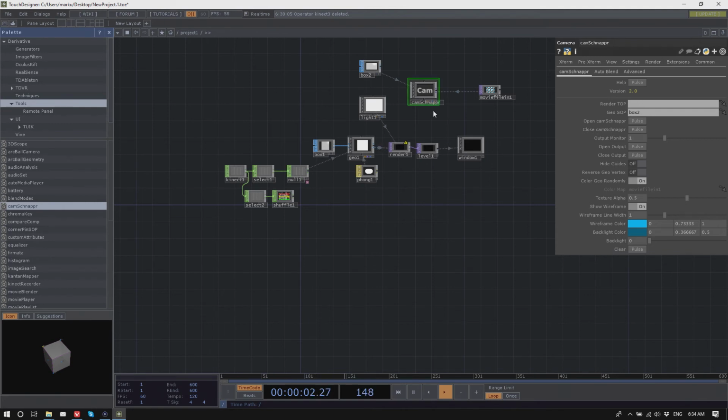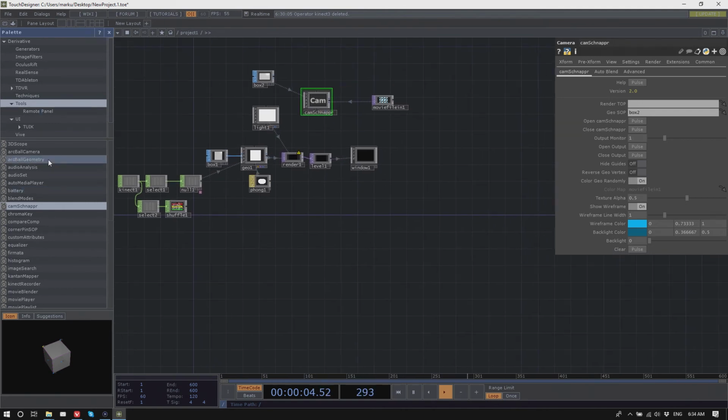Well, and while we have this set up, I just quickly show again the idea of Kantan Mapper here. So CamSnapper basically would be something where you have a model and you're putting textures onto that model. You have all the texture coordinates, and now you do stuff with the model itself. You basically get a camera, and now you do anything inside that space. So you have your shader and your UV map, and then it should be mapped automatically?